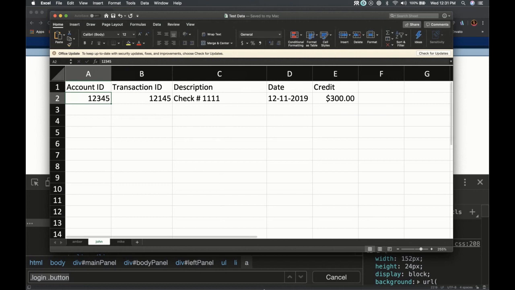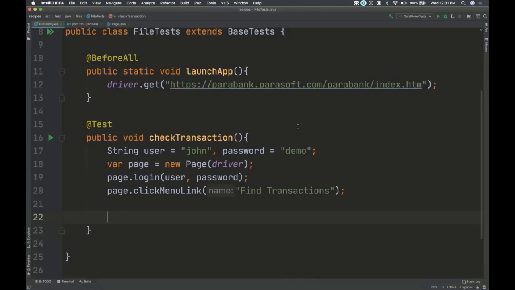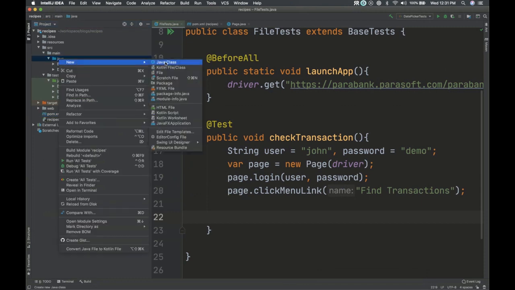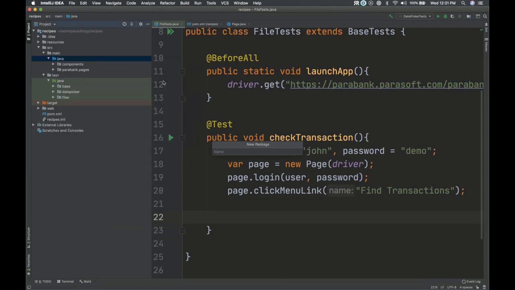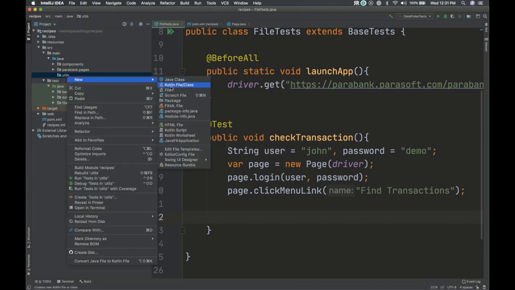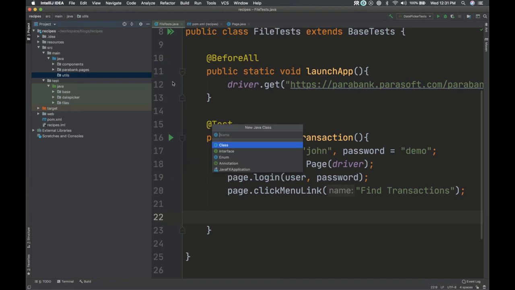All right. So let's go back to our code and let's open that guy up. And I think I'm going to put this in like a util class, because I don't want to have to reinvent the wheel for every test that utilizes spreadsheets. So let's call this one Sheet util or something.